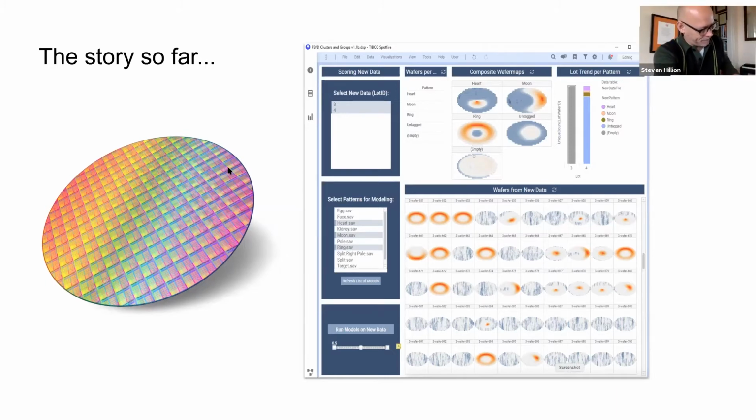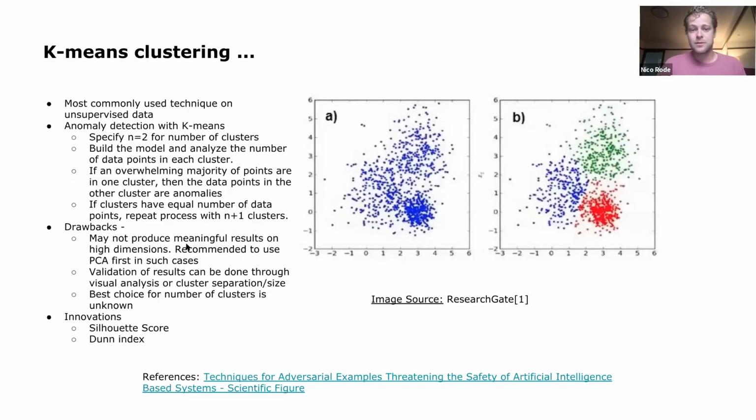But still, I think there's value in starting with something simple. And that's where we started with just regular K-means clustering, right? This is something that you learn about in your first data science class, or even in computer science, you're familiar with K-means clustering. But the idea is, could we take these wafers that have 733 dice on them, and just put them through K-means clustering? And if we have a query vector, can we find different clusters or groups of